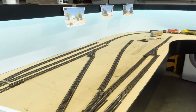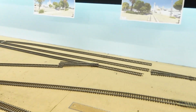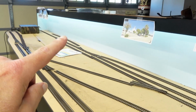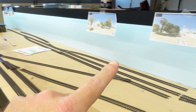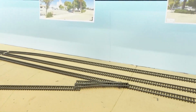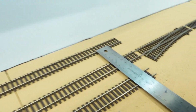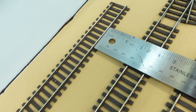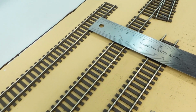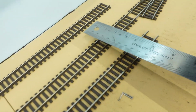And I just wanted to talk a little bit about design considerations now. I had to change a few things around, mainly on the backboard industries. The ones that are going to be all the way over there, coming off of the main line here, and the ones that are going to be over here. I took a look at the spacing I had, and I was going to shoot for 2 inches between the tracks right there, but I had to do about, I don't know, what do we got there? About 1 and 3/4 inches